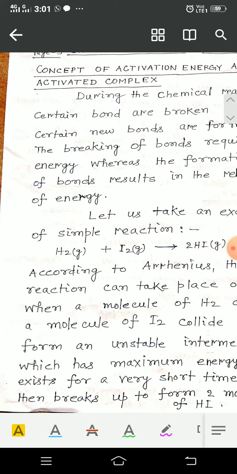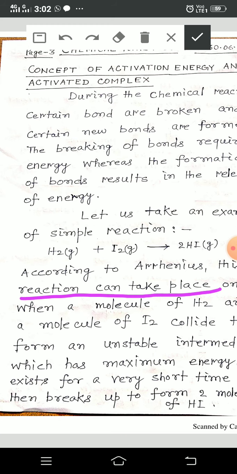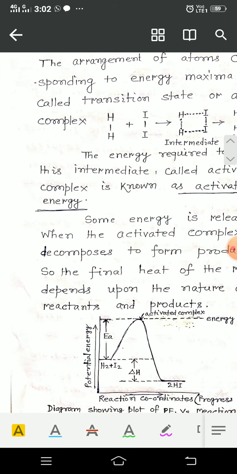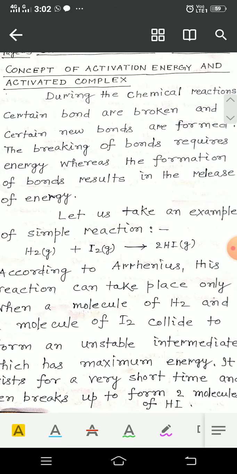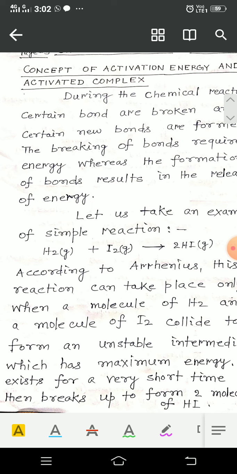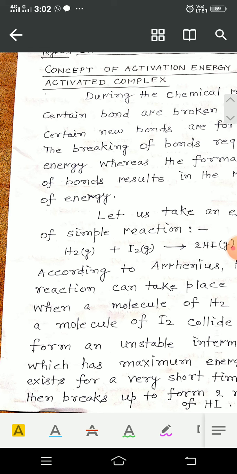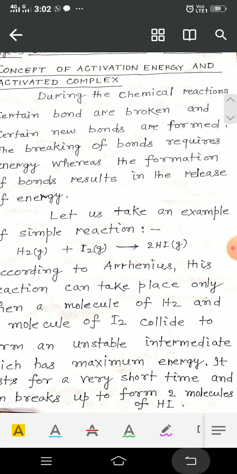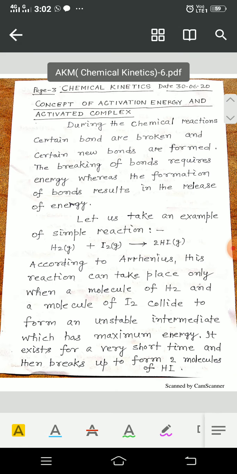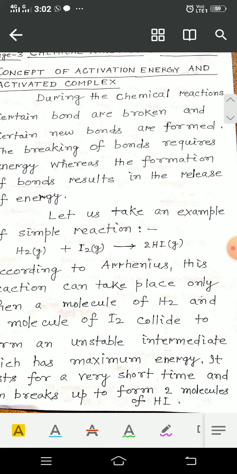According to Arrhenius, this reaction can take place only when a molecule of H2 and a molecule of I2 collide to form an unstable intermediate which has maximum energy,